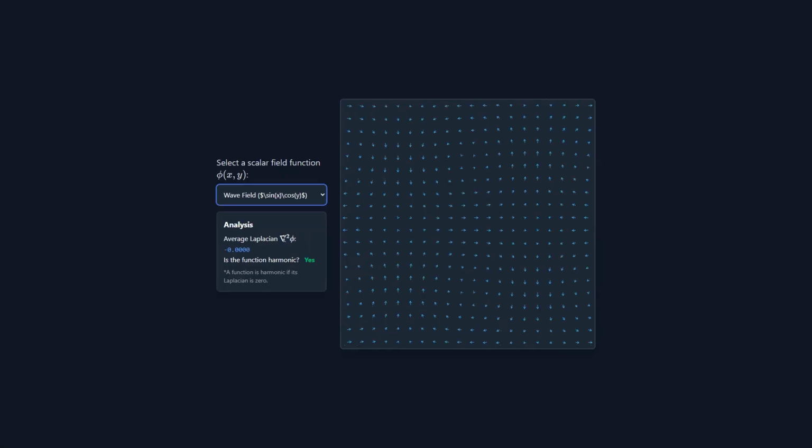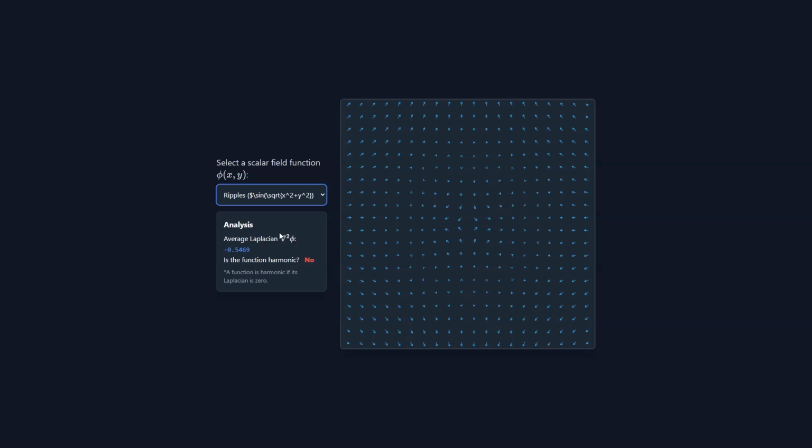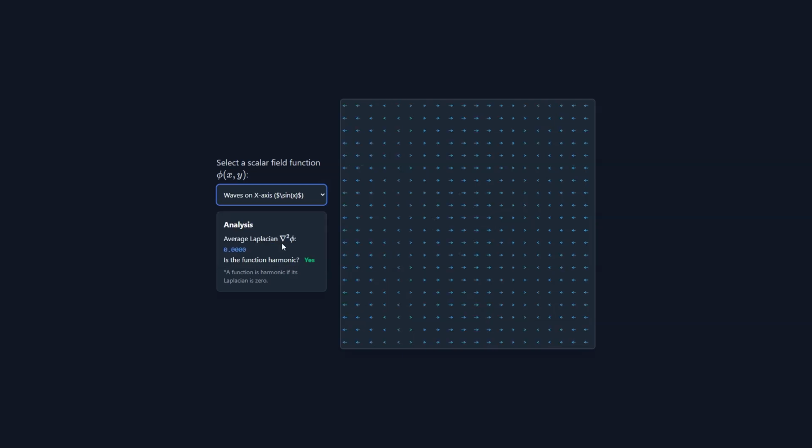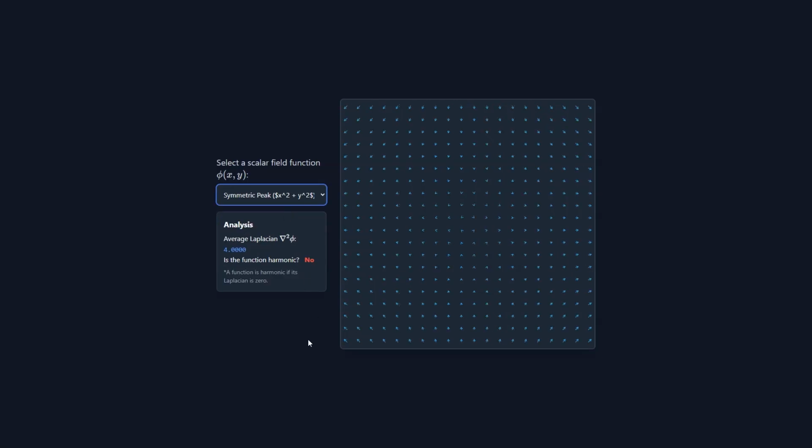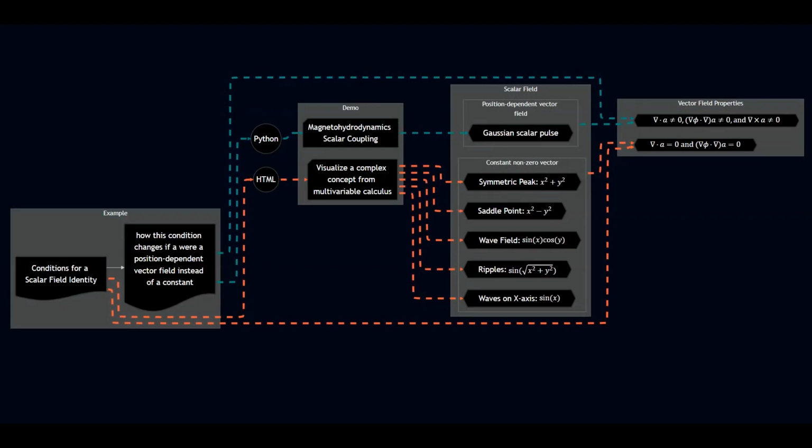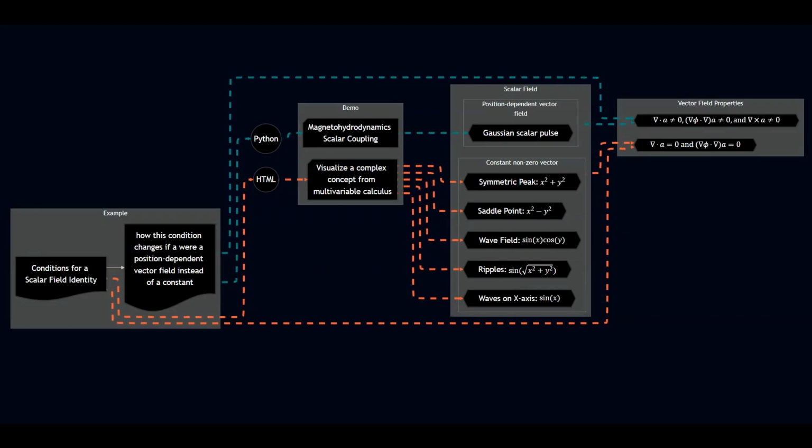In this scenario, the landscape must be in a harmonic state. This means that the average value of the field around any given point must be perfectly balanced, a state known as satisfying Laplace's equation. Essentially, without any variation in the force acting upon it, the landscape itself cannot have any sources or sinks that would disrupt this equilibrium.